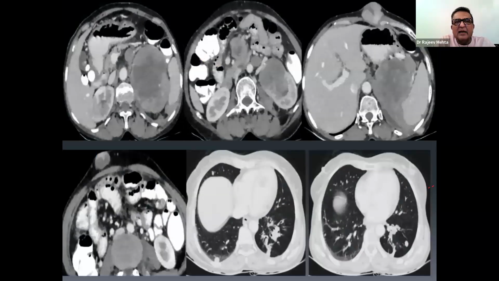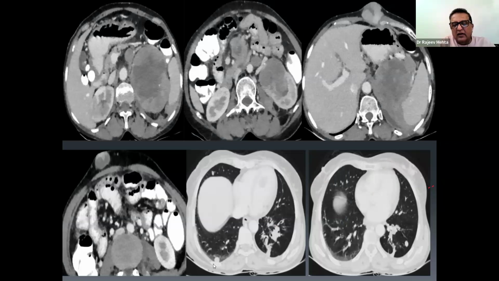Now, this is one such example of extensive metastasis at the time of the initial presentation. You can see a large mass involving the upper and mid pole of the left kidney, which is invading the renal vein as well. At the same time, multiple enlarged lymph nodes are seen in the vicinity, as you can see over here. You also see a discrete enhancing nodule in the anterior abdominal wall, which is an abdominal wall metastasis. And then the lower lung, which was included during our routine CT scan of the abdomen and pelvis, showed multiple